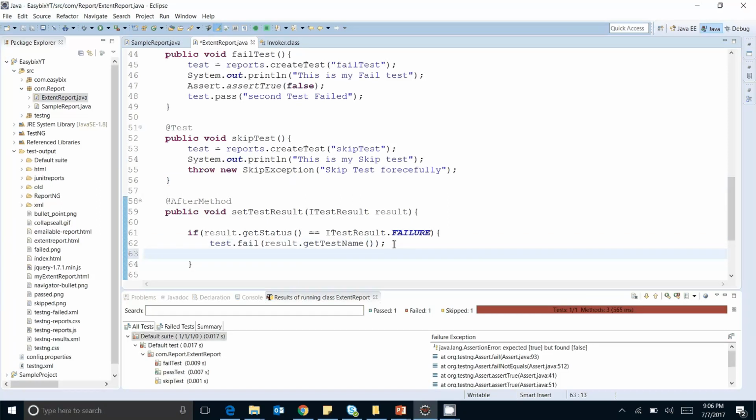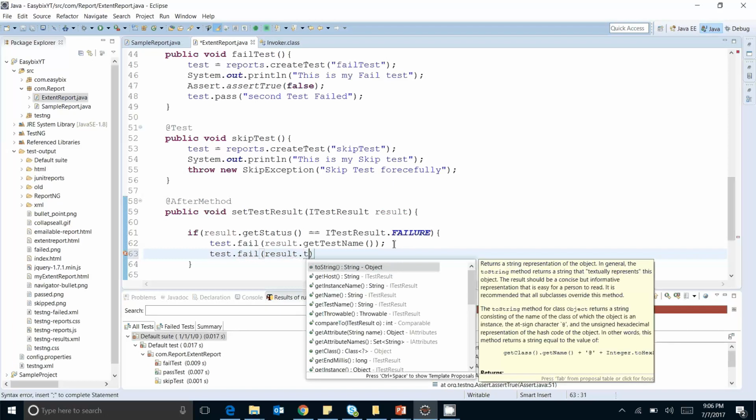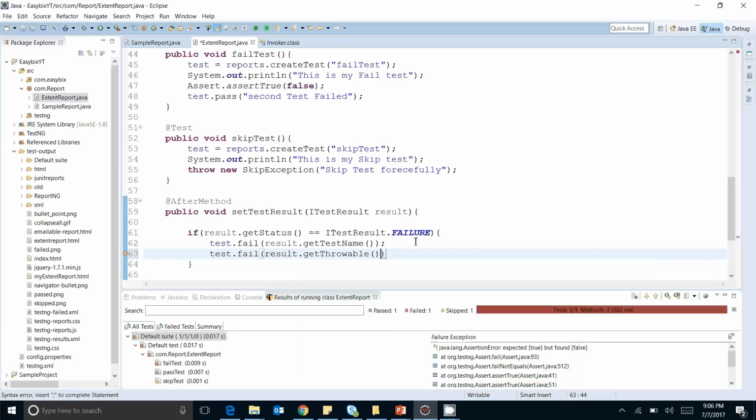And what I need to do, I need to find out the reason as well. Fail, result dot get throwable. What will it insert? It will insert the error, the reason of the failure. Okay, else if